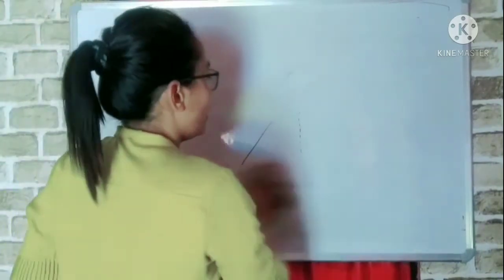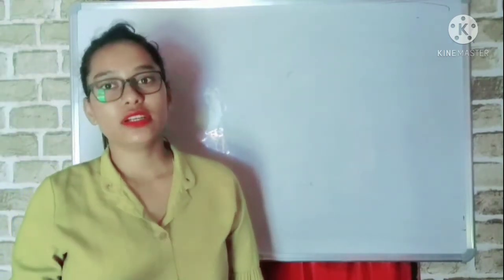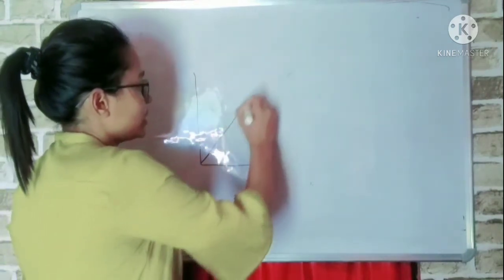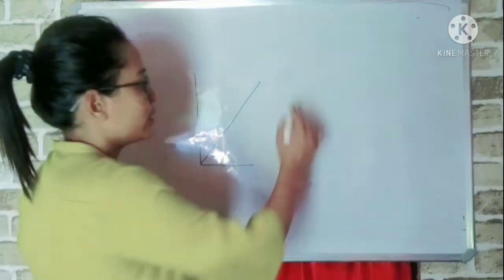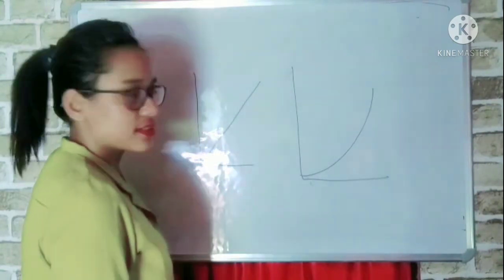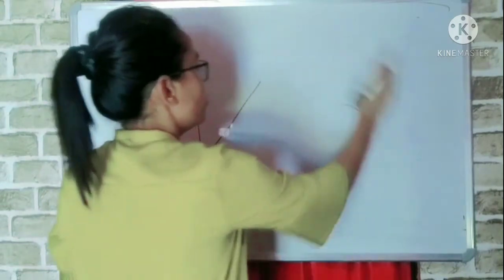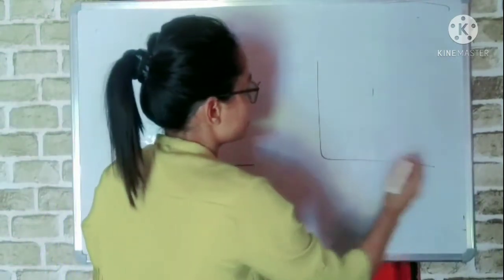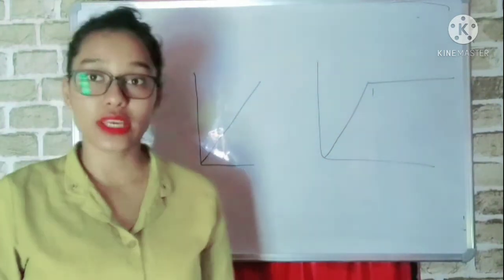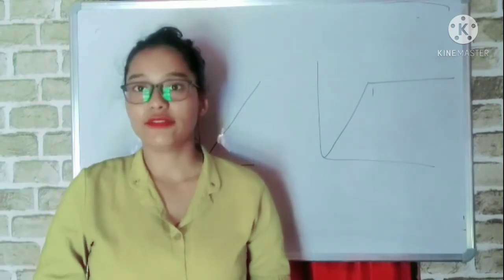Now what we learned in distance time graph, we learned about 3 types of graph, right? When the body is in uniform motion, the graph is a straight line, right? When the body is in non-uniform motion, the graph is a curve, okay? And when the body moves for some distance and comes at rest, the graph is parallel to x-axis, okay? So is it clear about distance time graph? Okay, if you have any doubt, please clarify it, okay?